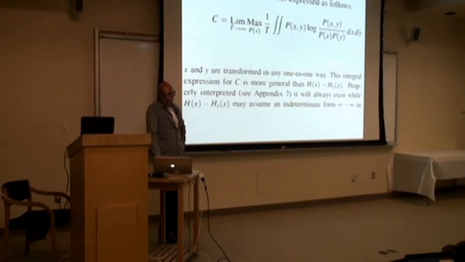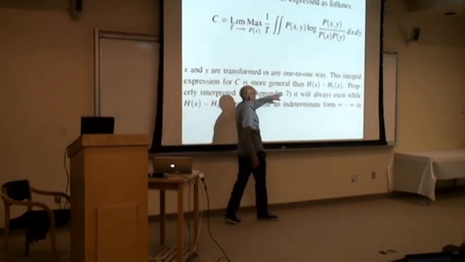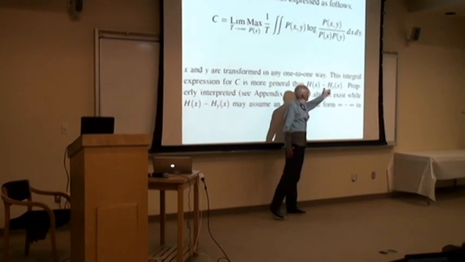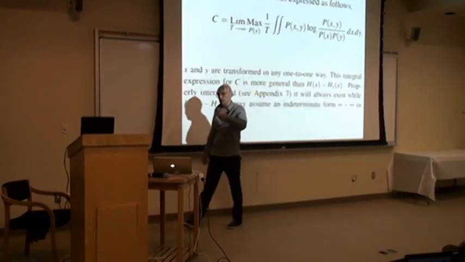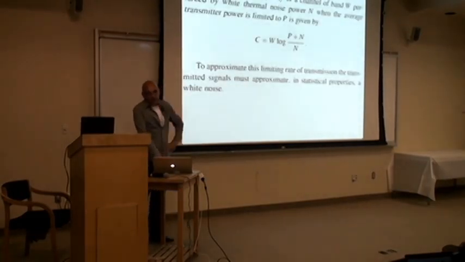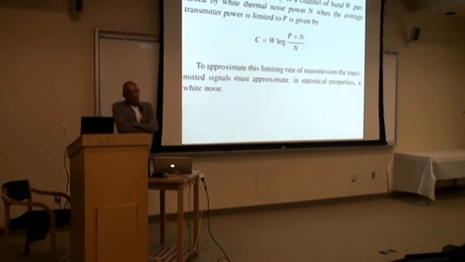All right, so then he says in the analog case, the channel capacity is expressed as the limit as T goes to infinity of the maximum normalized mutual information. So this integral is more general than that, because in this case, if you take differential entropy here, you would have infinity. You could have infinity minus infinity, or minus infinity plus infinity. Okay, then he goes on to give the capacity of the wide Gaussian channel with a certain limit. This is one of the most famous formulas